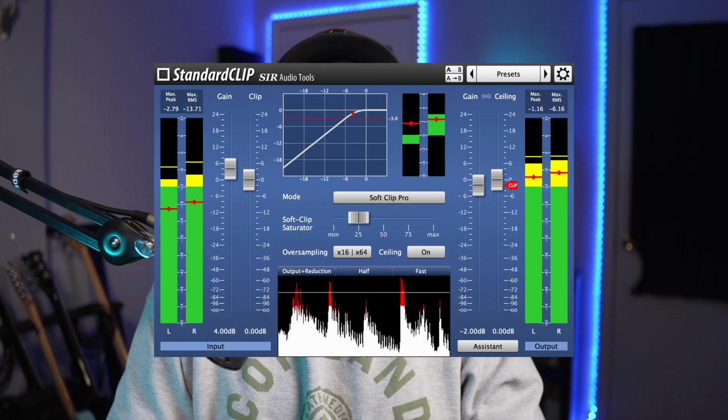And I'm also seeing that a lot more in hip hop music. Clipping 808s is super normal. Clipping snares is super normal. So if you're looking for a really great transparent clipper plugin, I would highly recommend the Sir Audio Tools Standard Clip. In the last year, I've used it all across my mixes and productions, almost on every other channel that I can think of in some way,